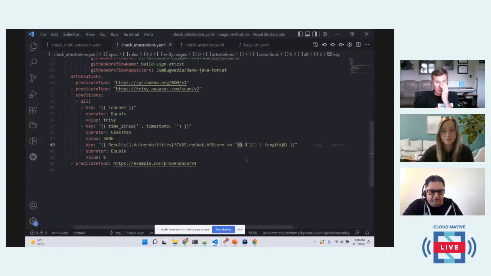For those of you who might be paying close attention, you might have noticed I've allowed 10, which is actually not a good thing to do, because 10 is the highest, most relaxed score. I did that because my image has vulnerabilities, and I'll show what happens if I switch this to a lower score, right? With all of this now,